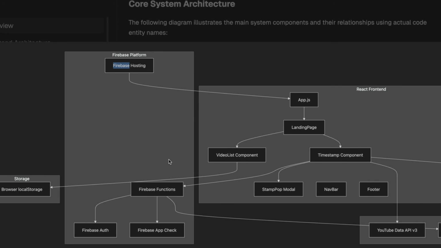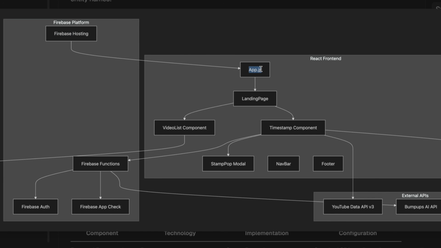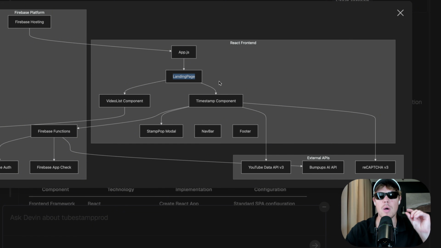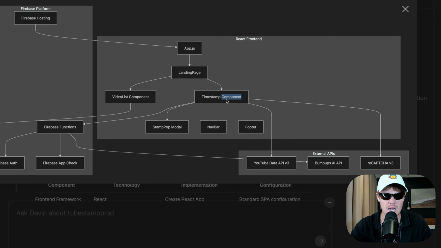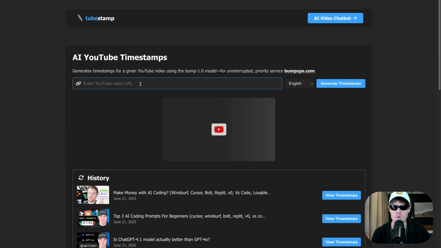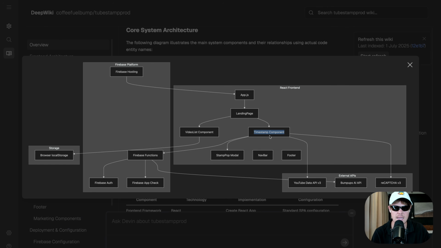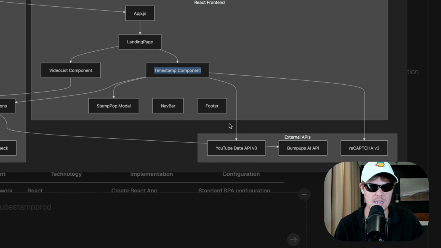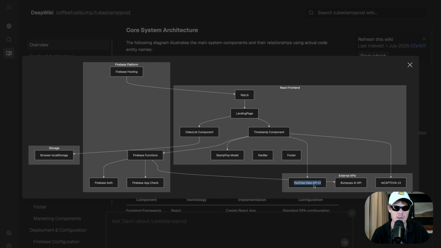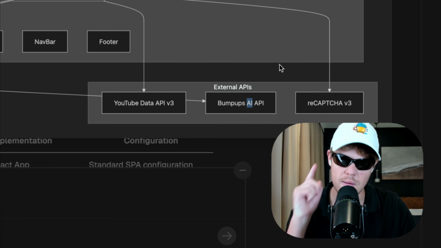So I am using Firebase hosting for the platform. App.js is where it's all rendered in the React frontend. That's correct. The landing page is where each component is found. And then from here, the timestamp component, which does most of the functionality here, which is this right here, where you put the URL in and get information out, is identified right here and is correct in the sense of how it connects to these third-party APIs, whether that is YouTube Data API, BumpUps API, or right above me, reCAPTCHA